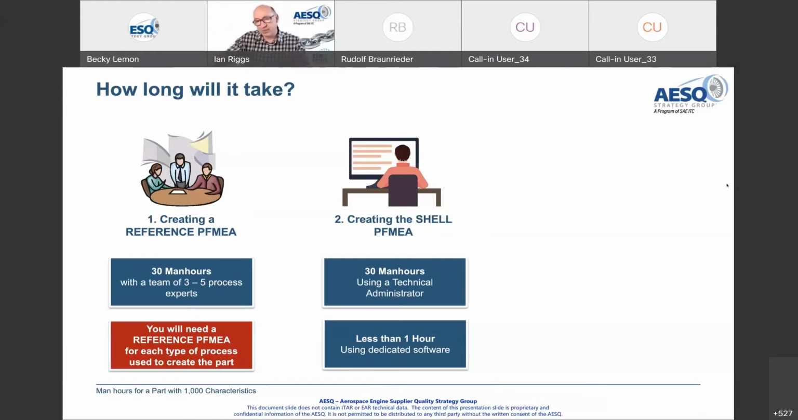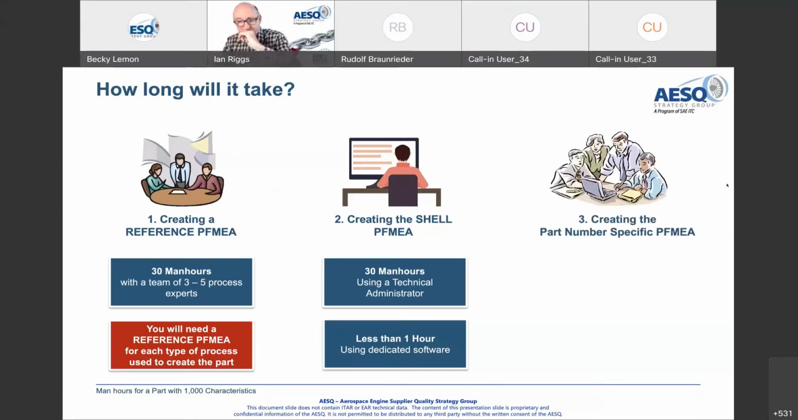So selecting the right software, having the expertise to actually combine these different tools, whether it's a characteristics matrix, process flow diagram, and the reference FMEAs, can really automate this. Then once you've got the shell FMEA,